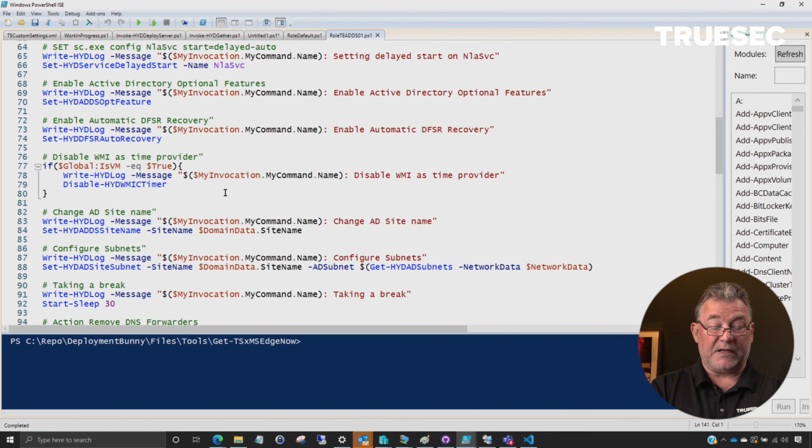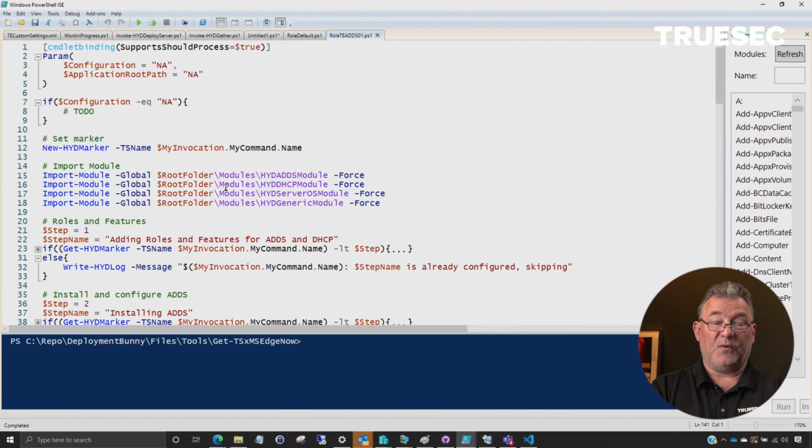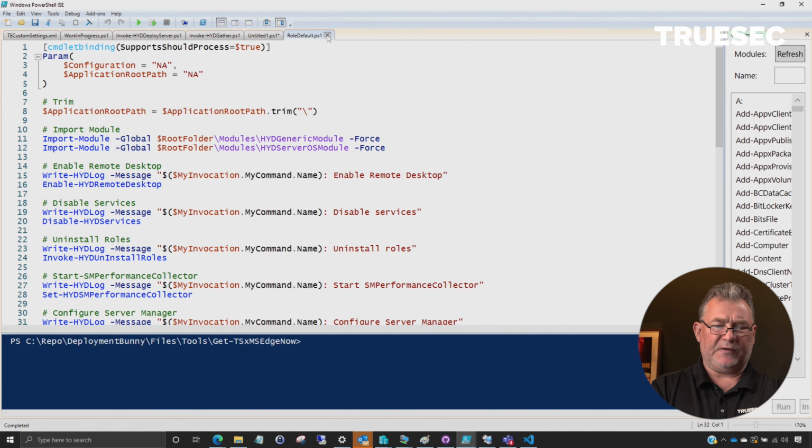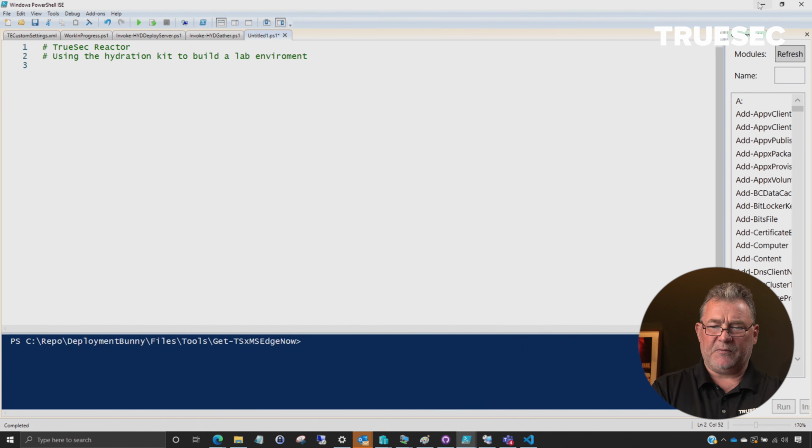So that means that in theory you can add whatever you want, meaning you can have your second domain controller, or third, or fourth, or management server, or SharePoint server, etc., etc. We don't have all the roles ready for everything yet. We have a lot that you can download, and if you want to create your own, please feel free to do so. So I'm going to close these ones because we don't need to have them, and we're going to go back to